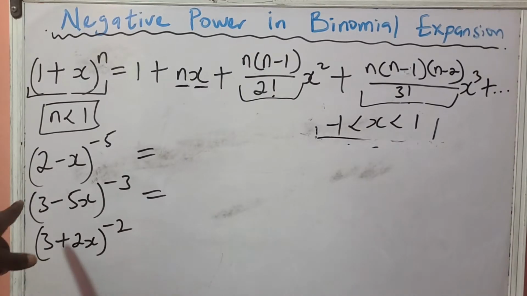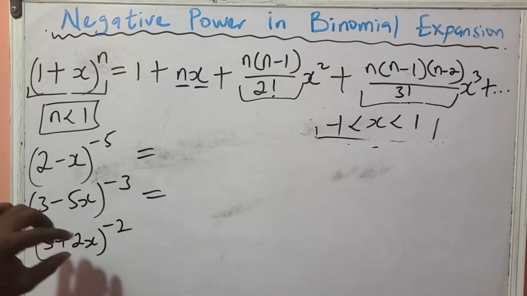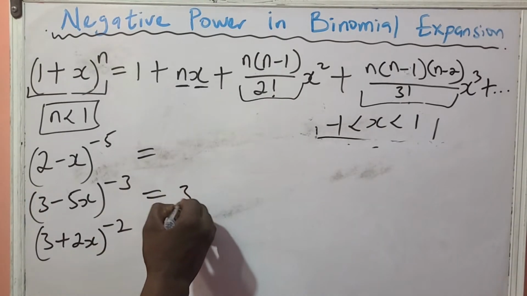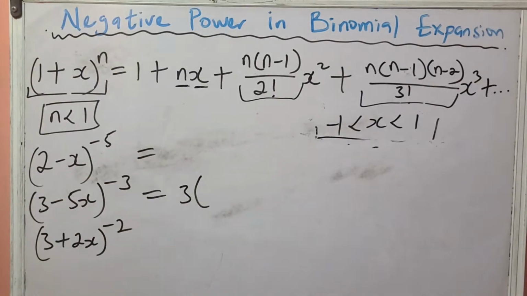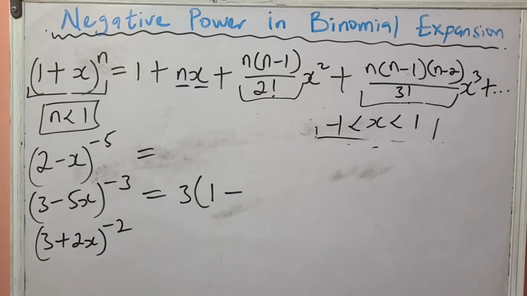I told you already, when the first value is not 1, it is that value that you first bring out. It's not questionable. That first value must come out. So in this case, I will have to say 3 into bracket, because I know that's the only way I'll be able to get 1 minus, don't forget,